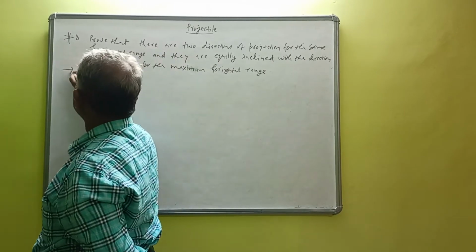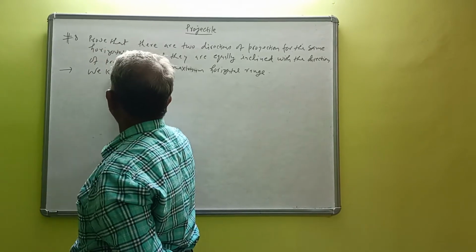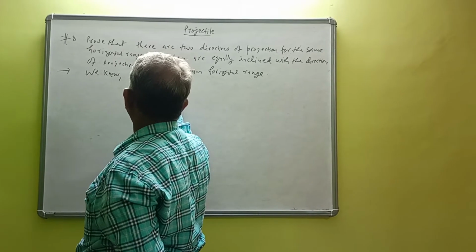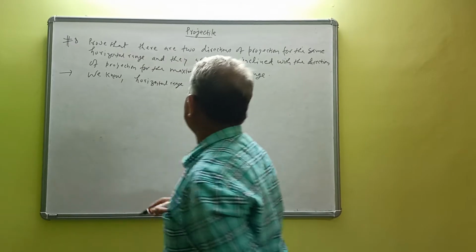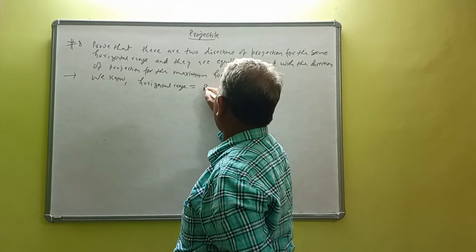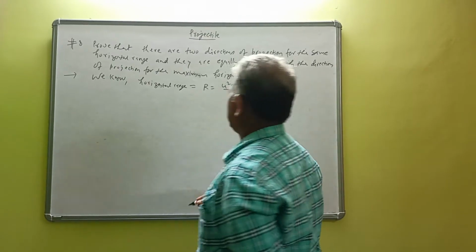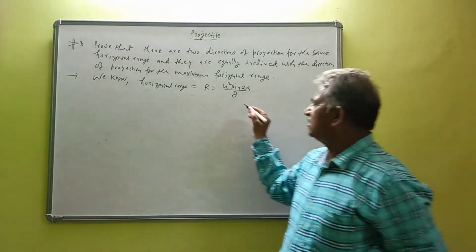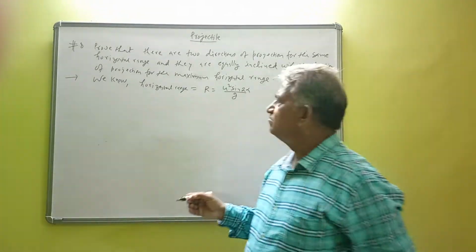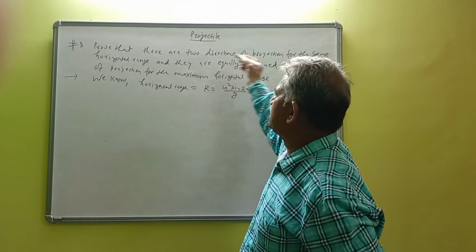We know horizontal range is equal to R = U square sin 2 alpha by G. So again I am not deriving this relation because already we have discussed it in the previous concepts. You can study concepts 1, 2, 3, 4, 5, 6, 7, 8, and all these projectiles are related with